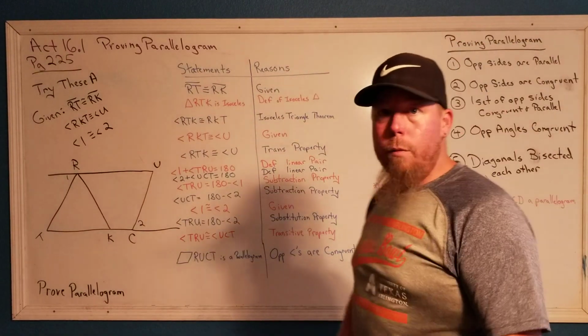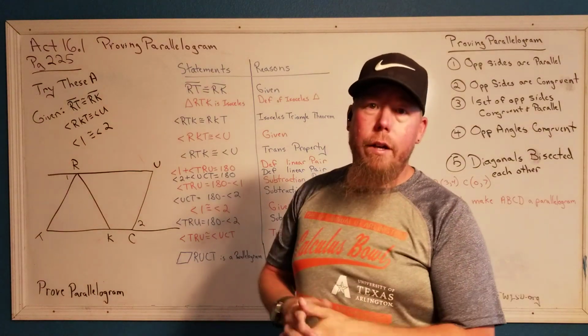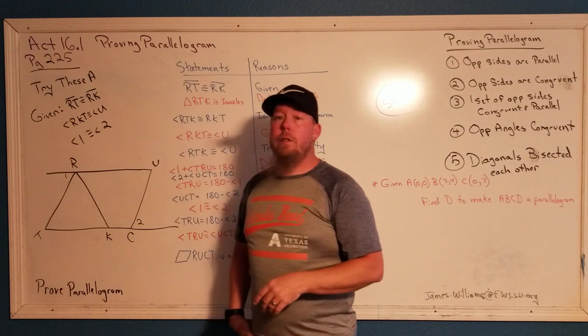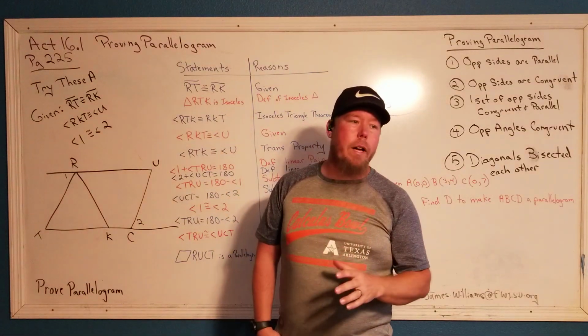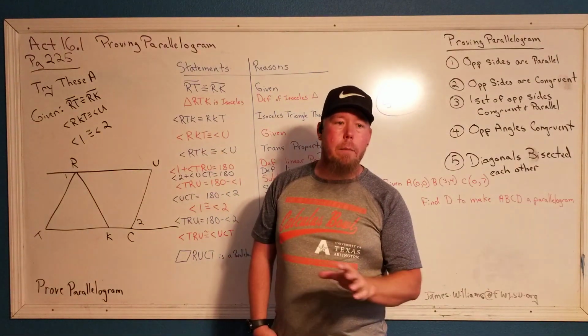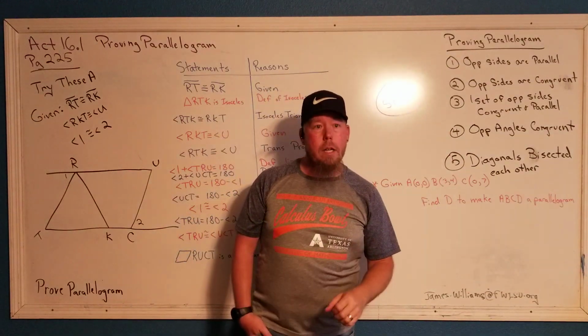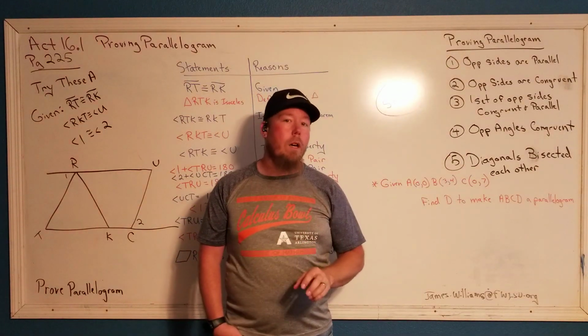Hopefully you had some good work there on numbers 3, 4, and 5. Again, we're on activity 16.1. We're going to be looking at page 225. Just real quick, I wanted to verify some of the stuff you should have picked up in the beginning of this section. I went ahead and listed the 5 properties that we can use to prove that a quadrilateral is